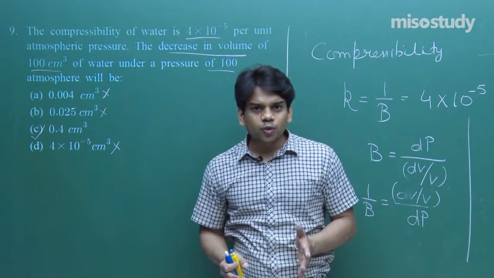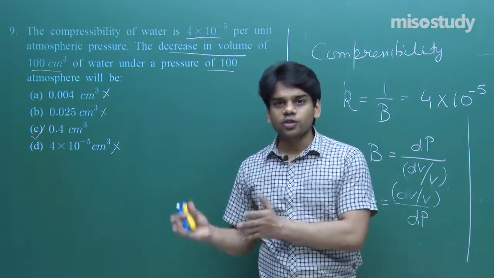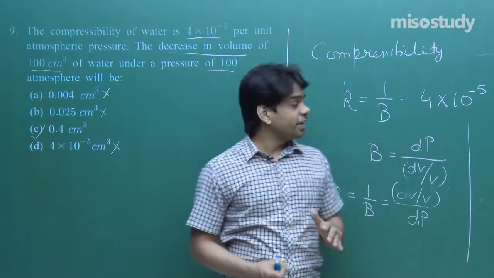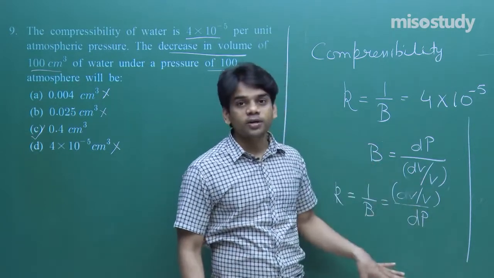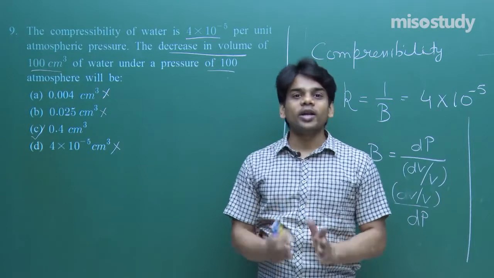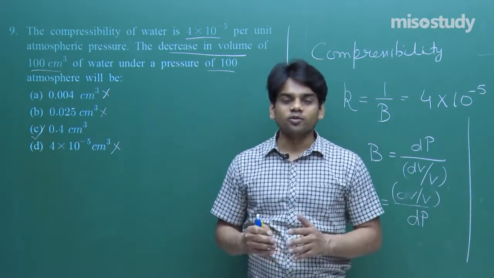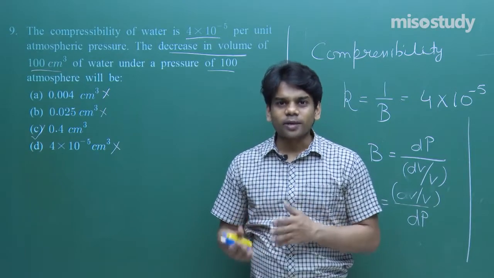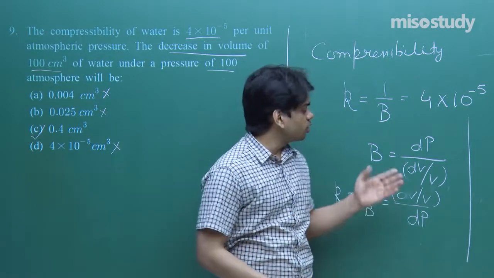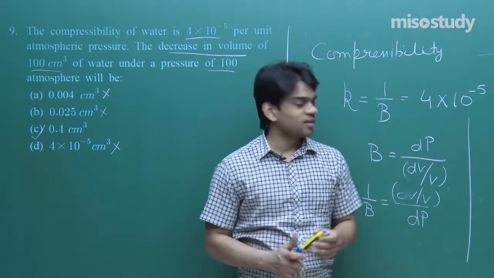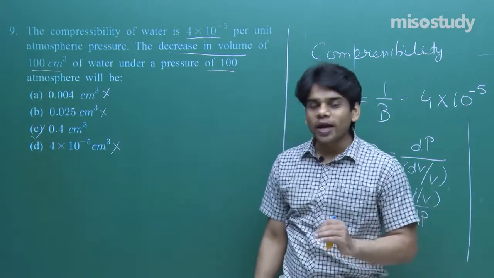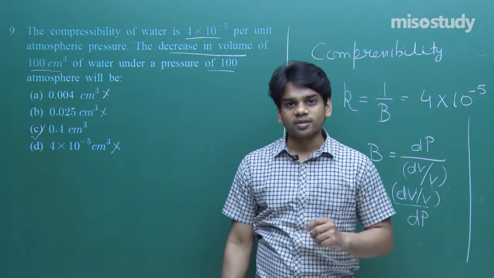Let me tell you, students often do not go with the questions on bulk modulus or compressibility, and they find it difficult to apply this formula. Remember, need not worry, need not get into the depth detail of this formula. The values of the variables will be given in the question. Keep the values in the formula, as shown here for dV, and you will get the required result.